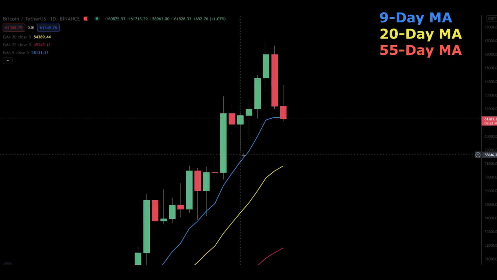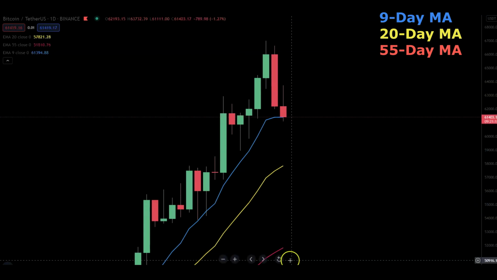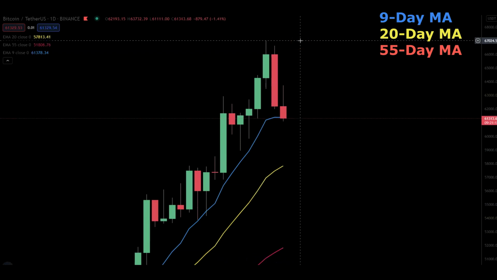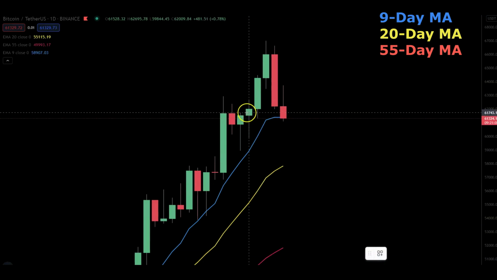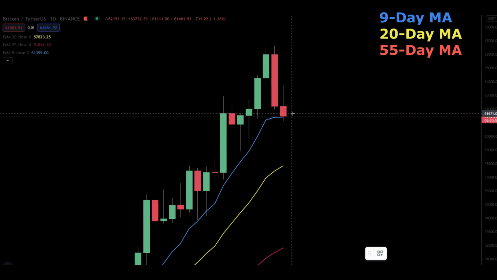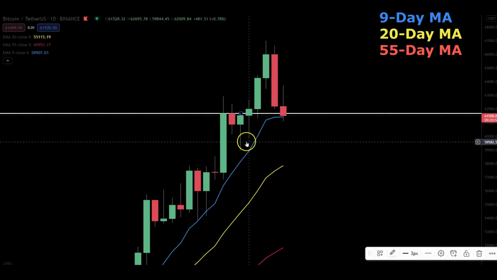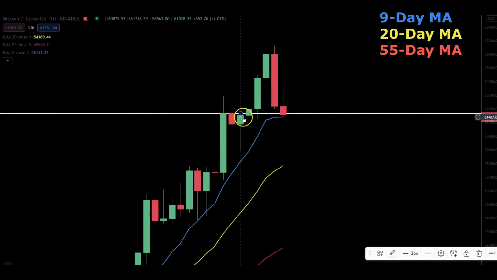So what we want to do is zoom in on the chart. We're going to go down to the 4-hourly. Now I'm going to draw a line of resistance right here. Guys, if you look to the left, you can see this big green candlestick here. 1 day, 2 days, 3 days. There, that is a line in the sand. It's a strong line of resistance because boom, boom, boom, it simply could not get past over the span of 3 days. It eventually broke through on the 4th day,